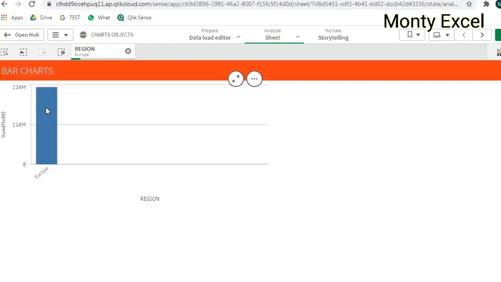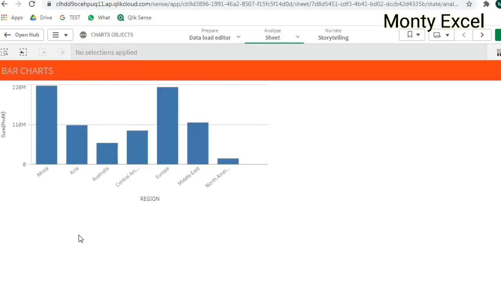So that is the profit I made in the Europe region. If I want to see all the regions at once, you just remove the selection. You can see Africa, Asia, Australia, and Central America, and these are the different regions we have. Looking at the graph, it's so interesting. Within no time, I was able to create it,